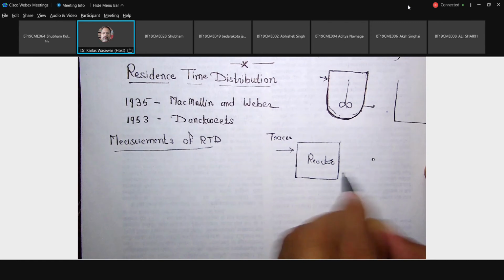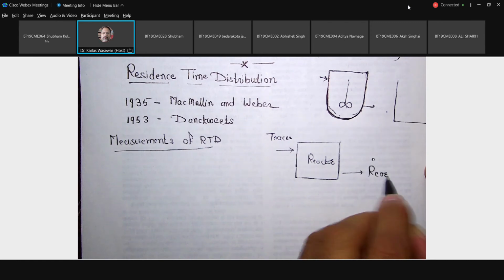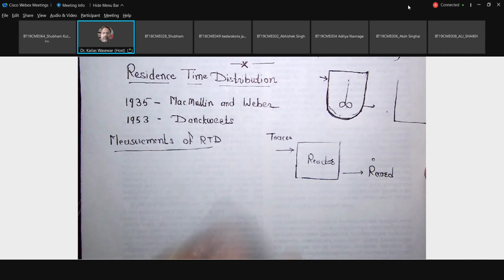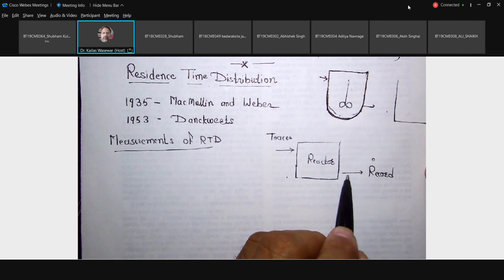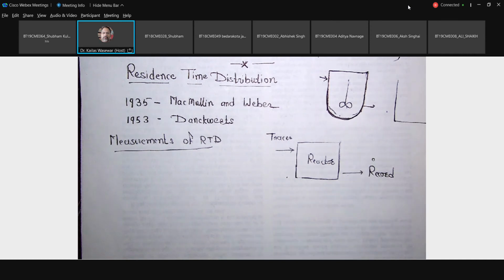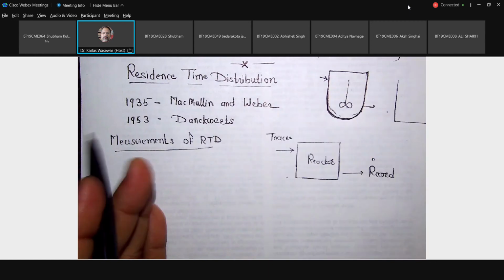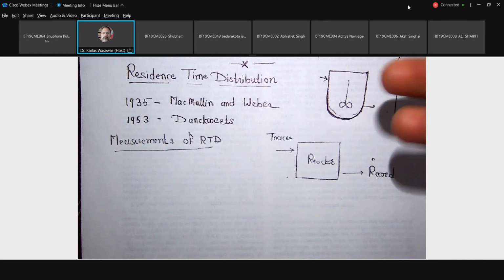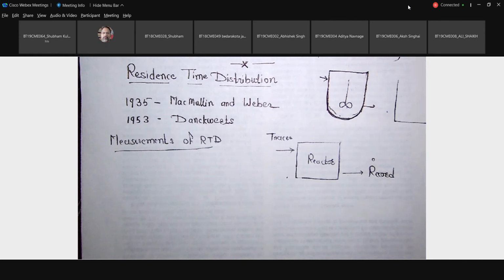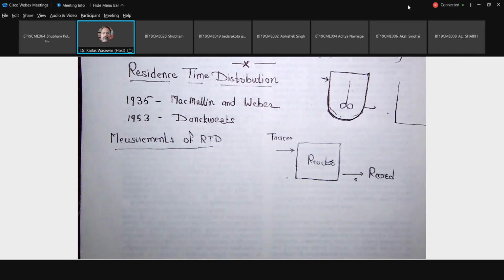and here we record its concentration. That means if I put it here, the element will move inside the reactor and then reach here. Make sure that in the portion we are going to study, there is no reaction. Here we are talking only about the measurement of the residence time distribution, how to quantify it. Then we will go for the use of this distribution for reaction, to quantify the performance of a particular reaction in that reactor.